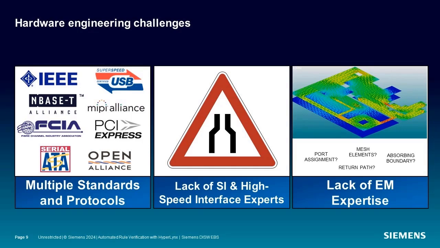Second, most engineers leave school with only the fundamentals regarding signal integrity, so they have to teach themselves or rely on a limited pool of domain experts, often outside of their organization. And associated with this, there's a lack of expertise regarding electromagnetic theory and associated modeling to simulate effects on a design. This leaves an engineer unsure of what's most important in the design, and then a decision has to be made on what to model because you can't model everything. It would take too long and it would be too costly.